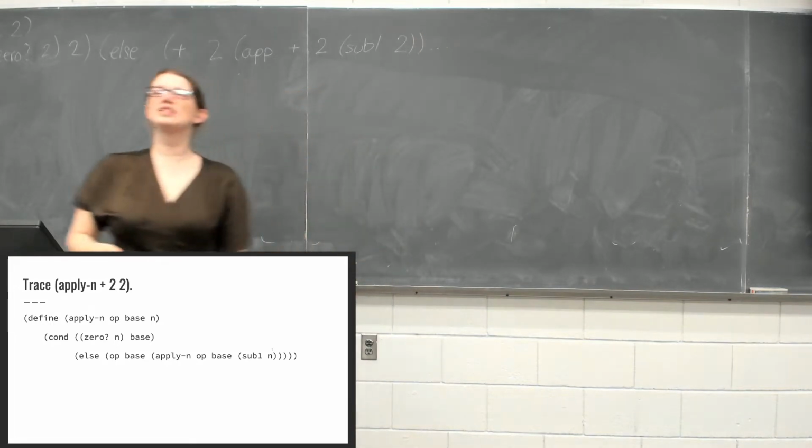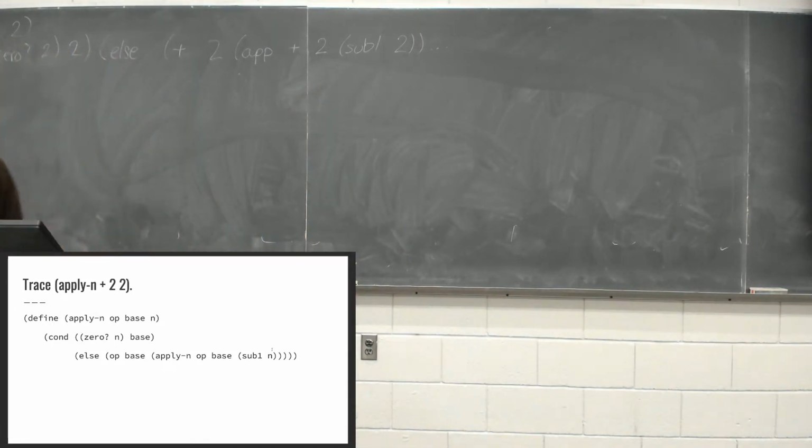There's some number of closing brackets there. I'll let you figure it out. All right. So now we're going to check if 2 is 0. Now we all know 2 is not 0. So